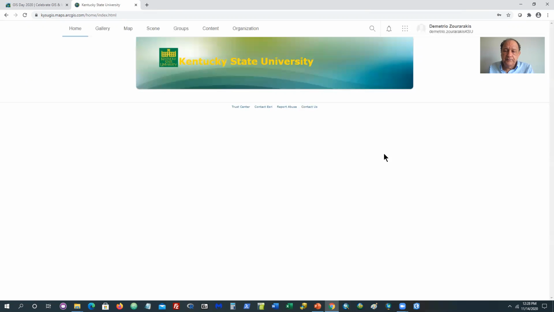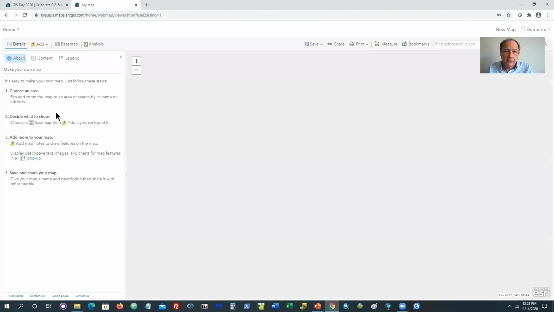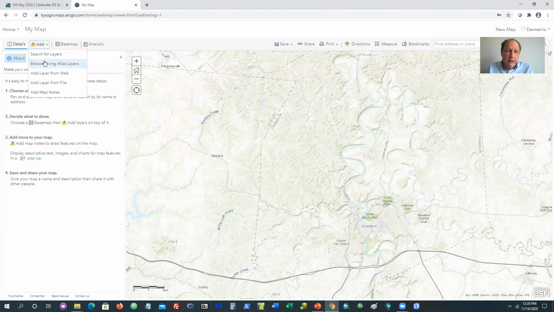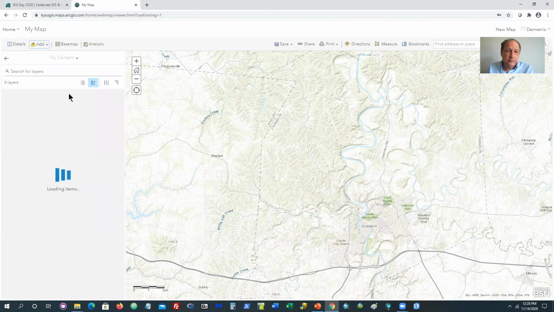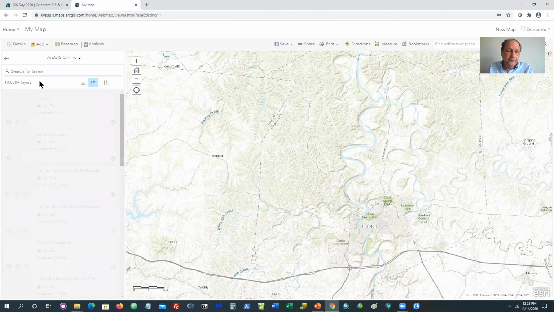So I can go in here and create a map from scratch. And I'm going to add, search for layers. I want to go to ArcGIS Online,